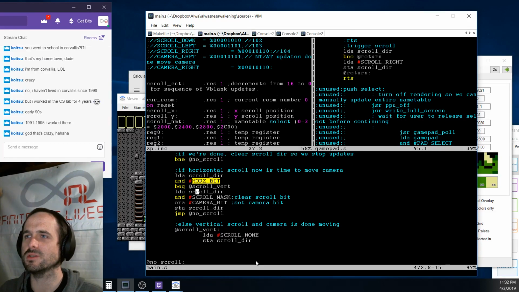So we load scroll dir, and we check the horizontal bit. If it's clear, we go to scroll vert. Otherwise,